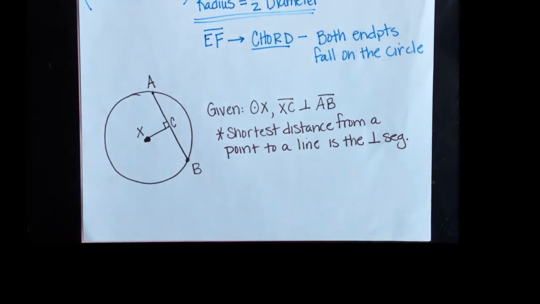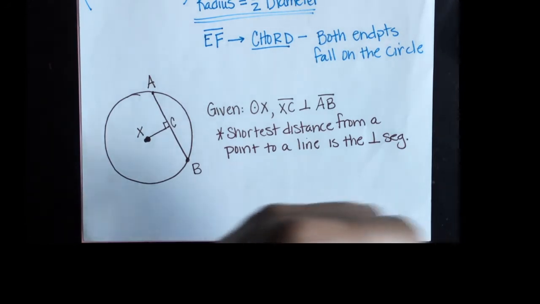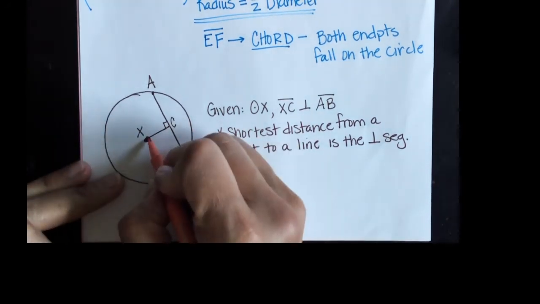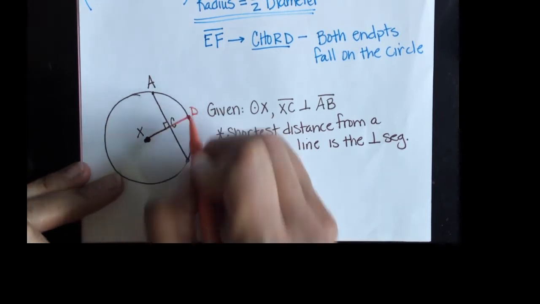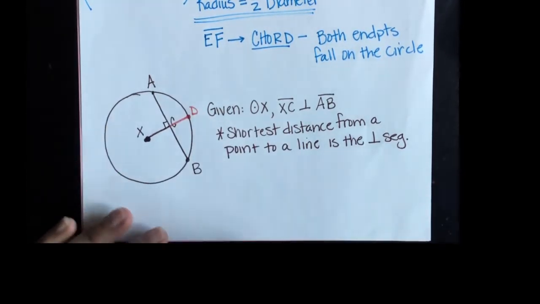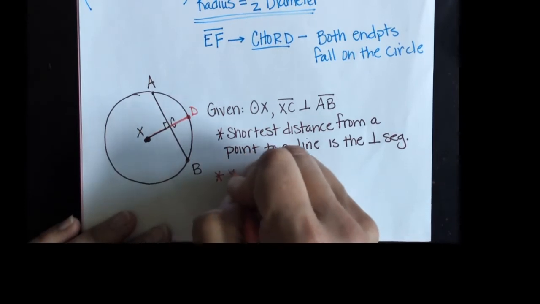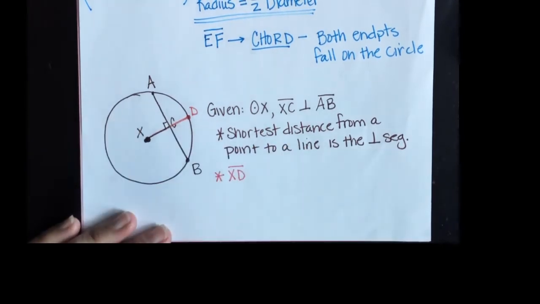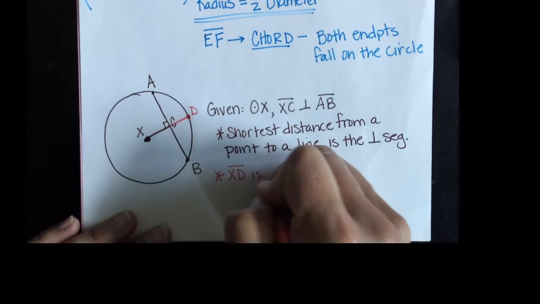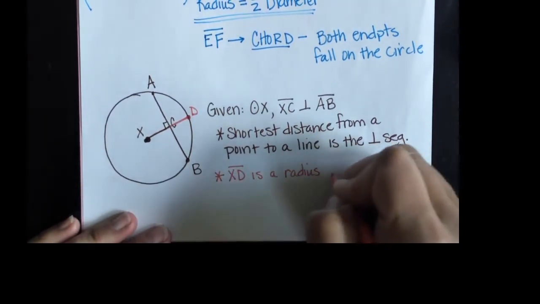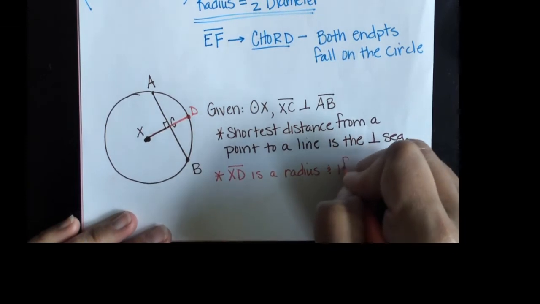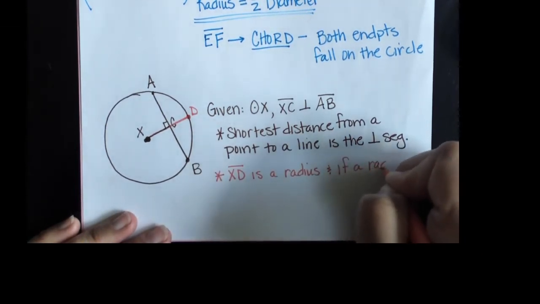I'm going to try to find there we are, making a lot of noise, sorry. If I extend that, I can now have XD is a radius, and if a radius